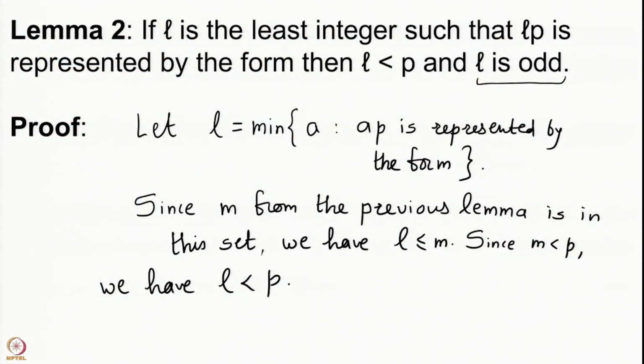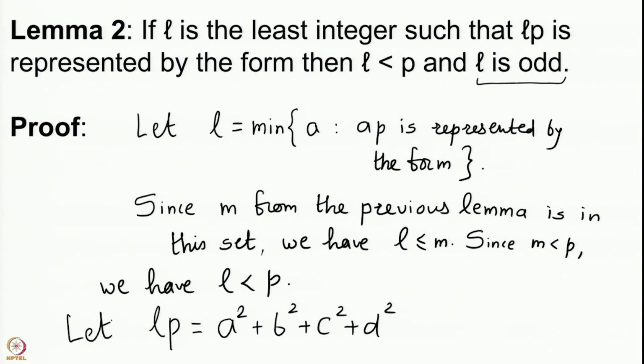We now want to prove that L is odd. So, let us see what we have. Suppose we write LP as a square plus b square plus c square plus d square. Suppose this is a representation for LP by the form which we are looking at. Now, the integers a, b, c, d can be even or they can be odd. If your L is an even integer, so if